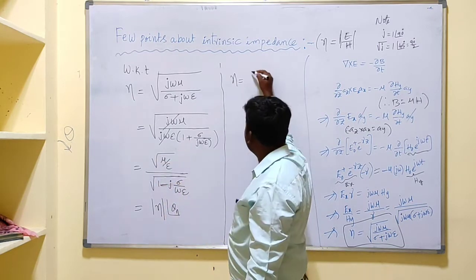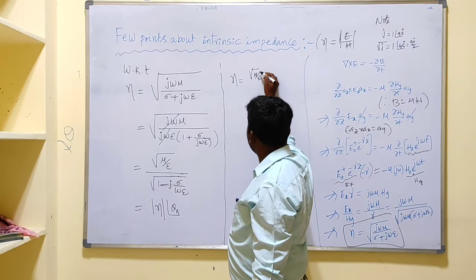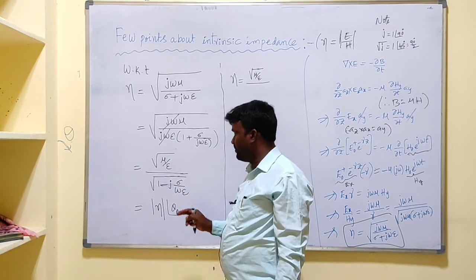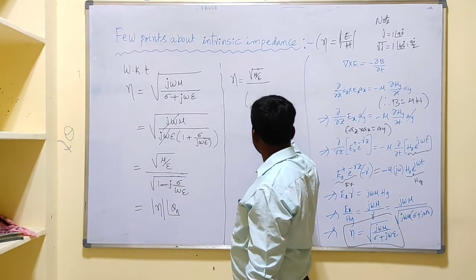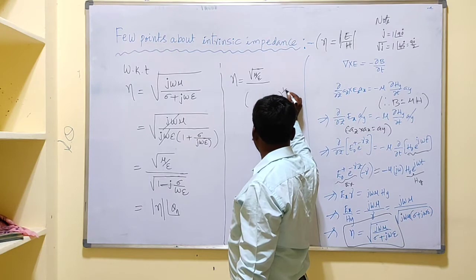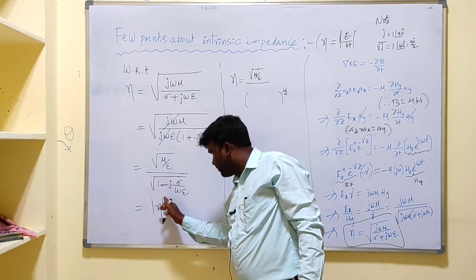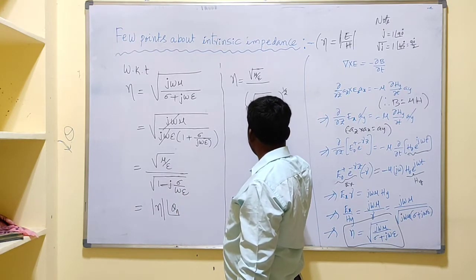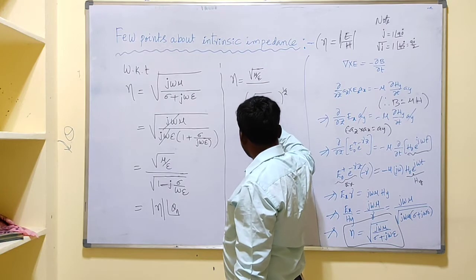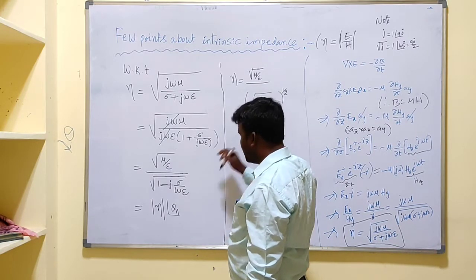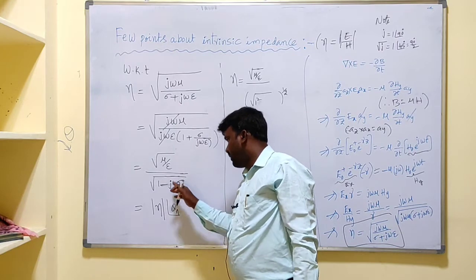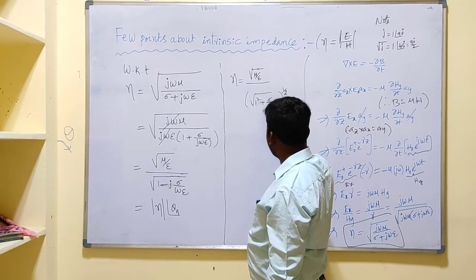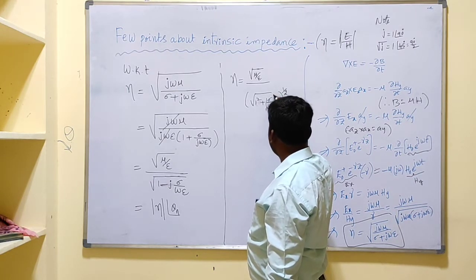What about mod eta? That is, the magnitude of the numerator is root mu by epsilon, and what about the magnitude of this one? It is in the complex form. We have root, means whole power 1 by 2, and we need to go for the magnitude of this one, that is 1 minus j sigma by omega epsilon, means root of 1 plus, that is the real term squared, means 1 square. The imaginary term, what is the imaginary term? That is minus sigma by omega epsilon whole square, that gives sigma by omega epsilon whole square.